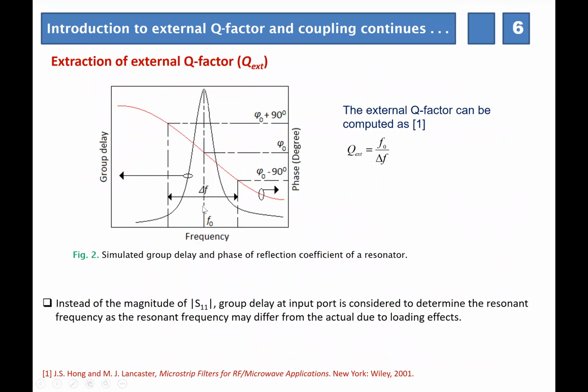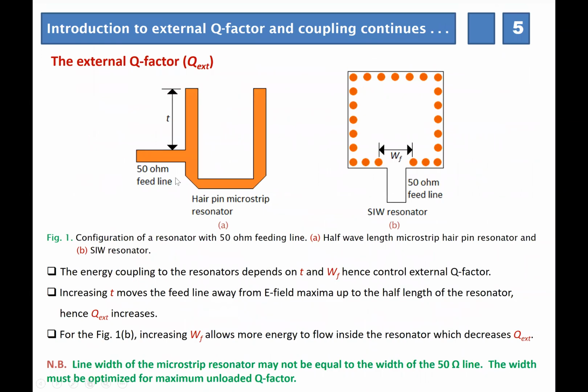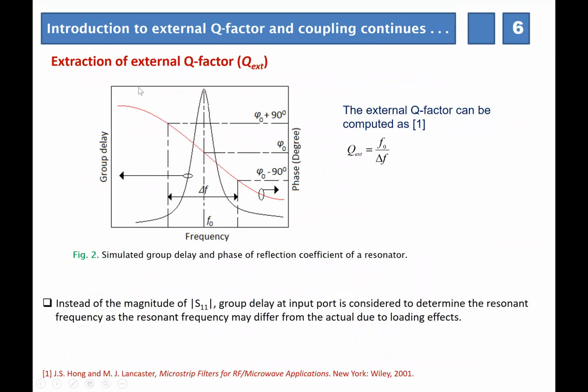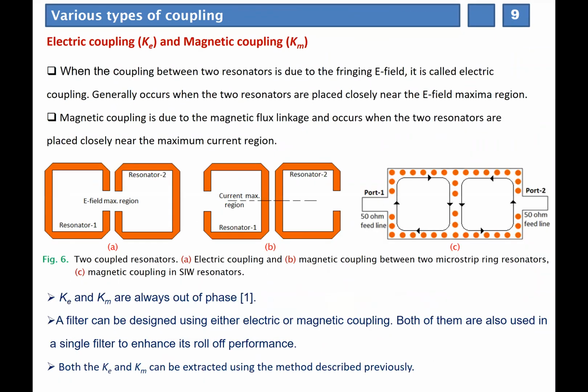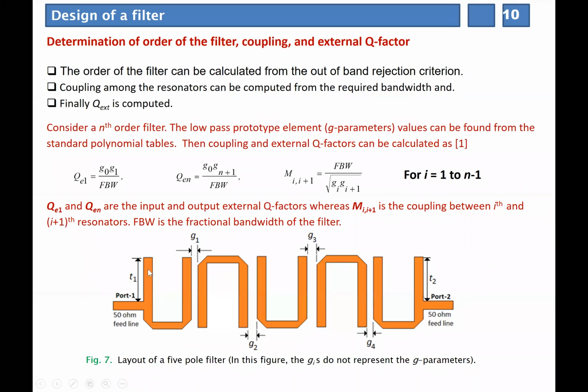this geometry and figure 2, this computation, so that we can match that QE1. So we will have one plot of external quality factor with T, then we can find out from that plot what is the value of T1, for what value of T1 we will have the particular external quality factor.